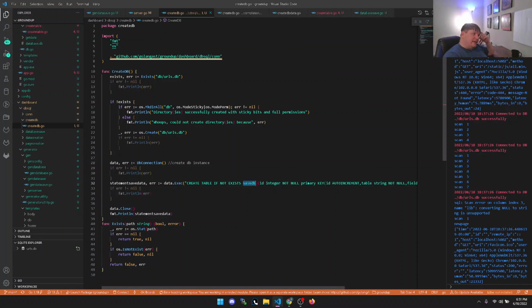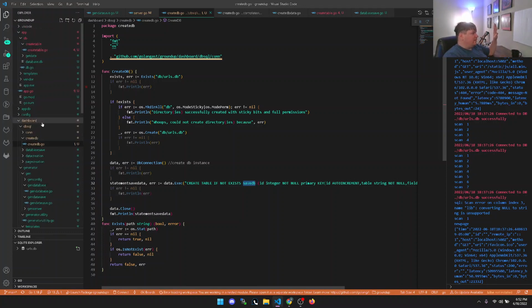This is stuff that I literally just did, and I had a whole bunch of other stuff going on, so I had to pick it up and drop it, and pick it up and drop it. But the point is that I'll generate the database on its own when the program first runs, or checks whether or not it's there, and then that will save the database stuff within the fields from